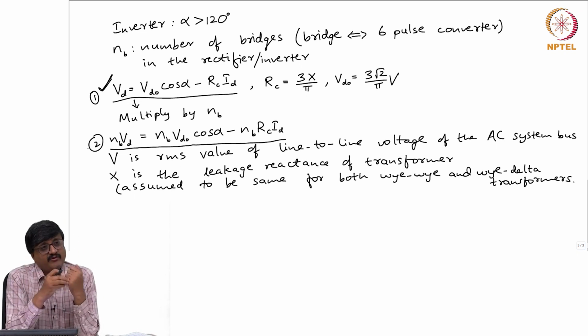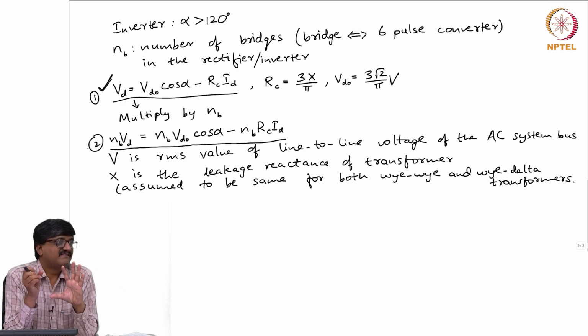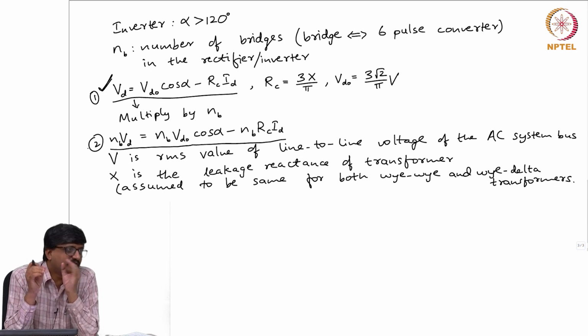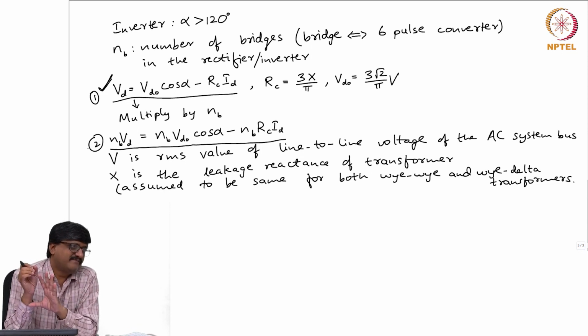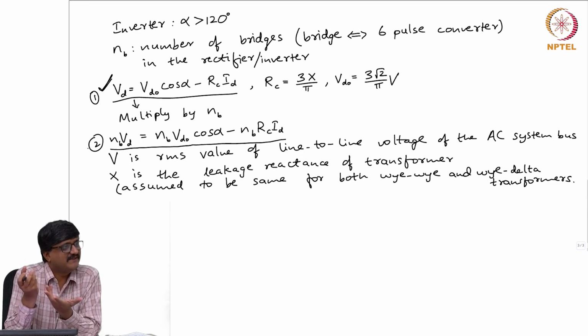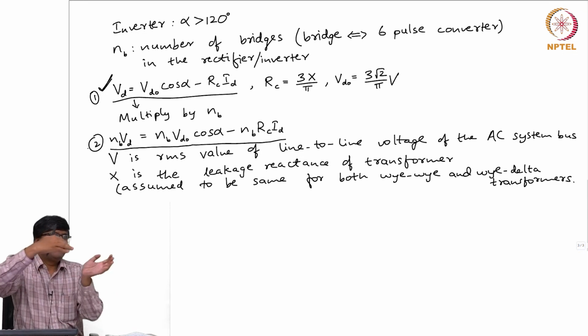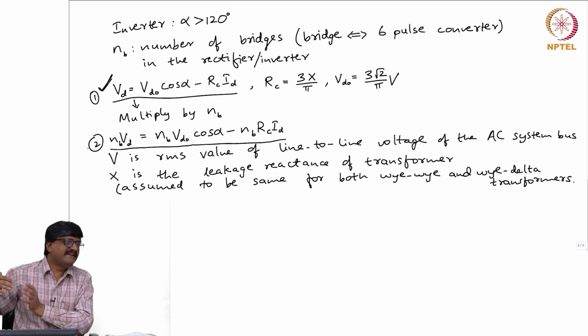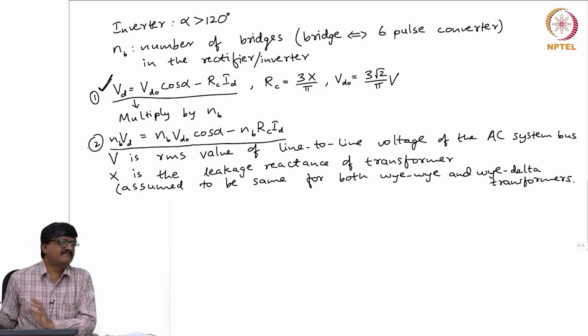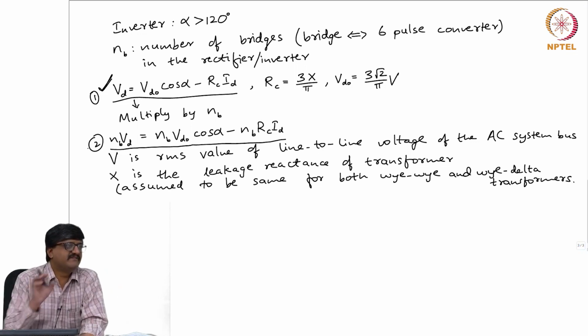Now, when it comes to the second bridge, even the source voltage is also shifted. It is not just the pulses that are delayed, the voltages that are applied are also shifted by 30 degrees. So, the equation is still applicable. The only thing is all the things are happening at a later instant, that is all. So, it is identical operation, but a delayed operation.